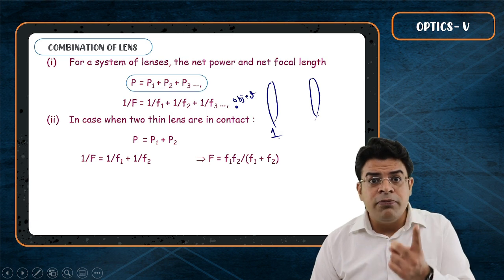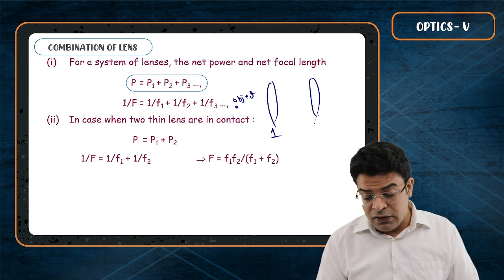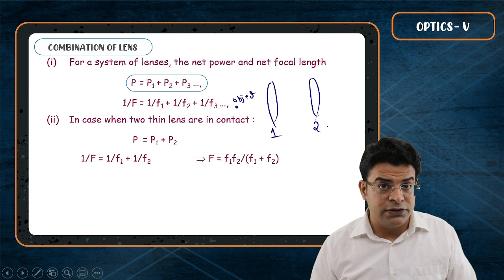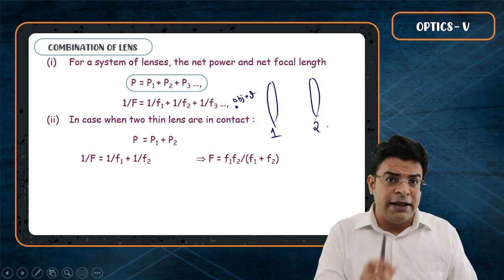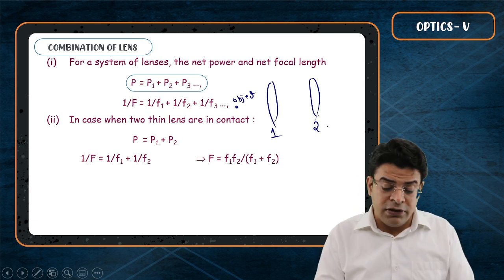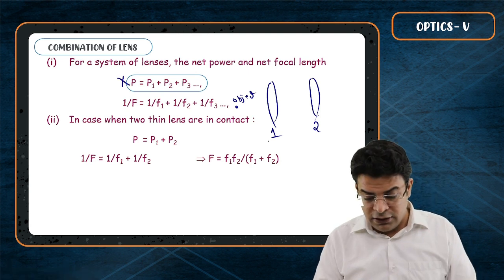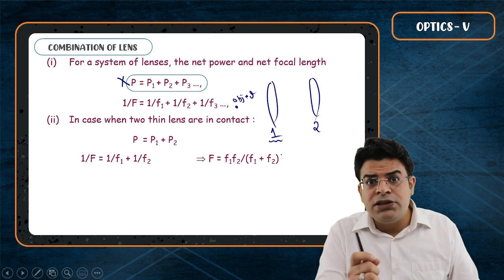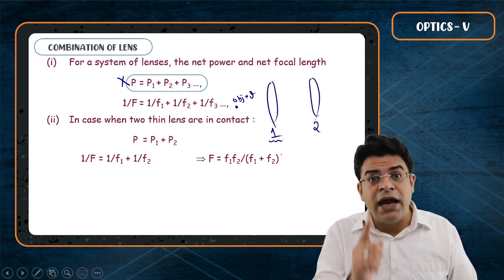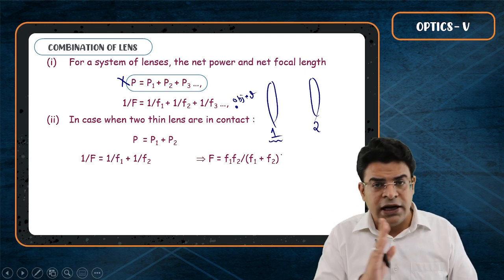The image made by the first lens will act as the object for the second lens. So if they give you multiple lenses but there is some separation between them, then do not use this formula. Then find the image by the first lens. The image found by the first lens will act as the object for the second lens